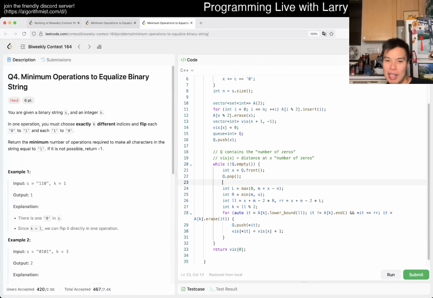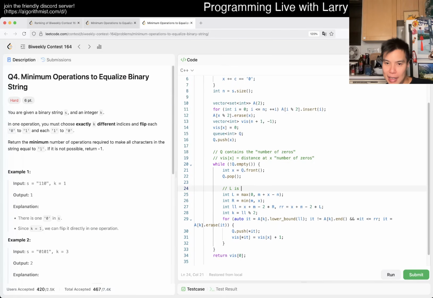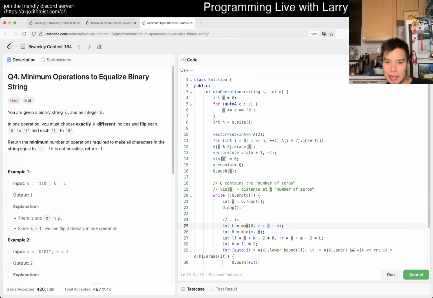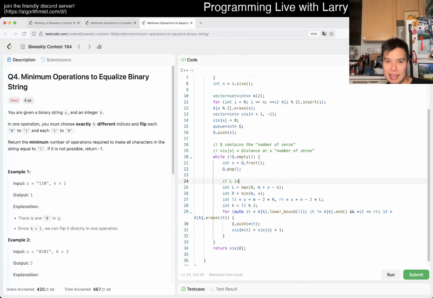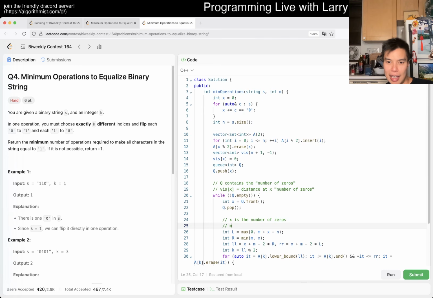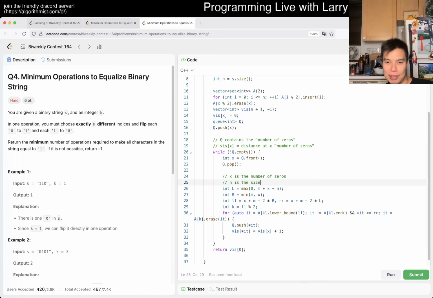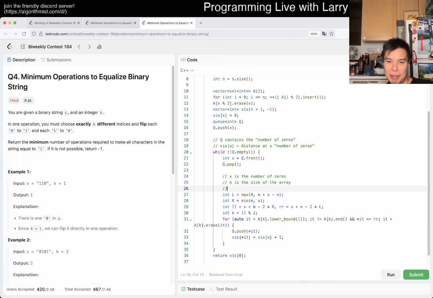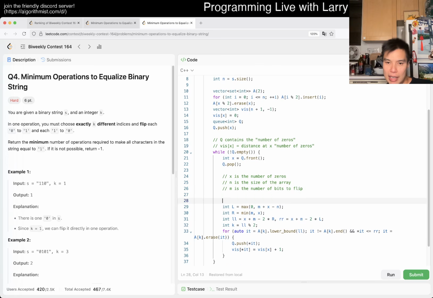Okay, so what is L? L is x is 1. Let's denote this again. X is the number of zeros. What is M and N? N is the size. Oh, M is K from our size of the array. M is the number of bits to flip, right? So then what is L? Then L is,